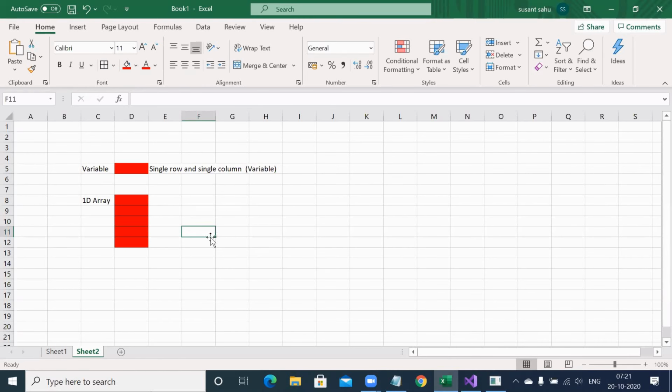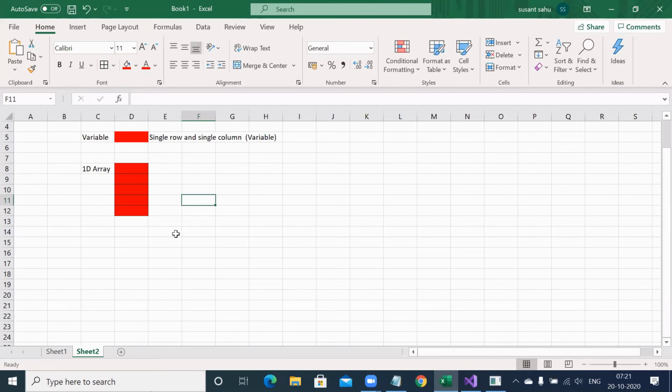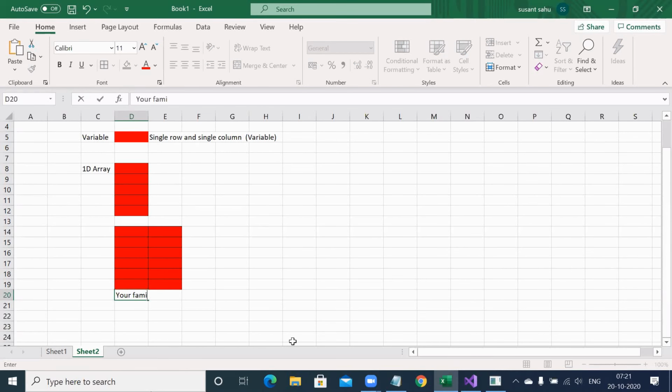Then you are not happy further. You are saying, just my family members is not enough. I want my family members as well as my friends' family members. So this becomes your family members' names, the first column, and the second column becomes your friends' family members' names.